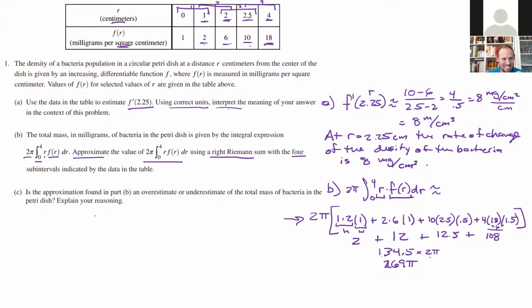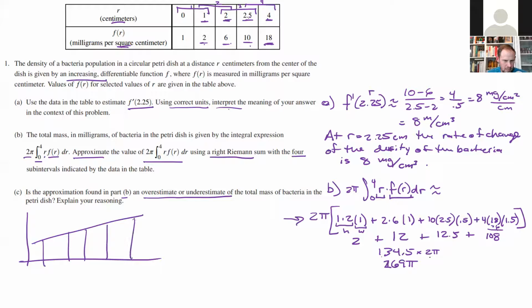All right, part C. Is the approximation found in part B an overestimate or underestimate of the total mass of bacteria in the petri dish? Explain your reasoning. All right, so we have, let's see, it said it's an increasing function. So we've got some sort of increasing function, and we're using 4 rectangles. Not necessarily these rectangles, but, and then we're using the right-hand side. So if we use the right-hand side for these estimates, we're getting this extra area. So it's going to be an overestimate